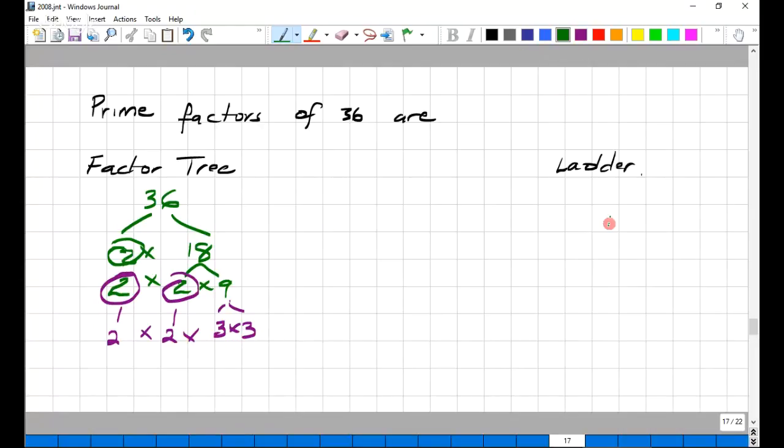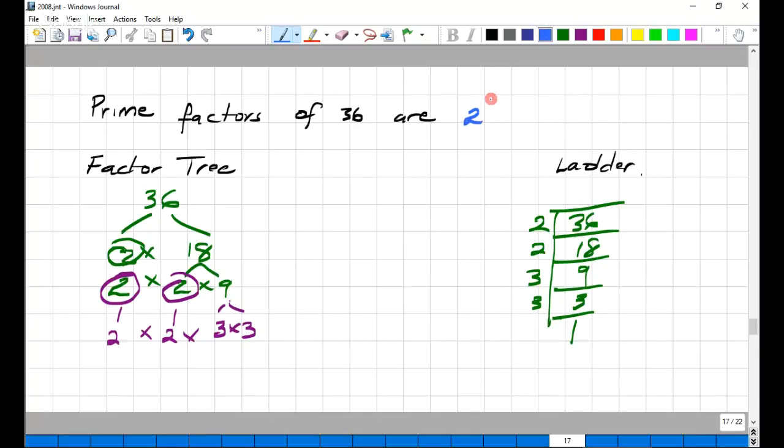Let's go with the ladder. 36. Let's go with 2. 2 into 36, 18 times. 2 into 18, 9 times. 3 into 9, 3 times. 3 into 3, 1 time. So the prime factors of 36 would be